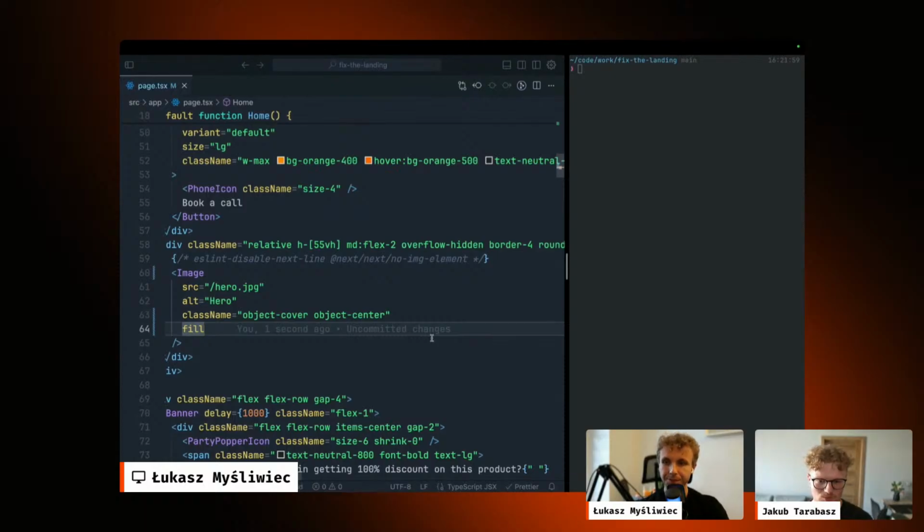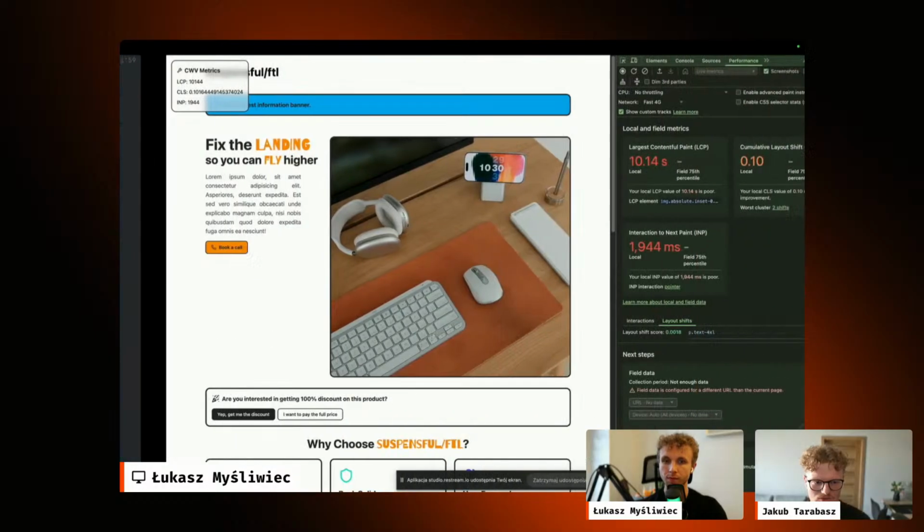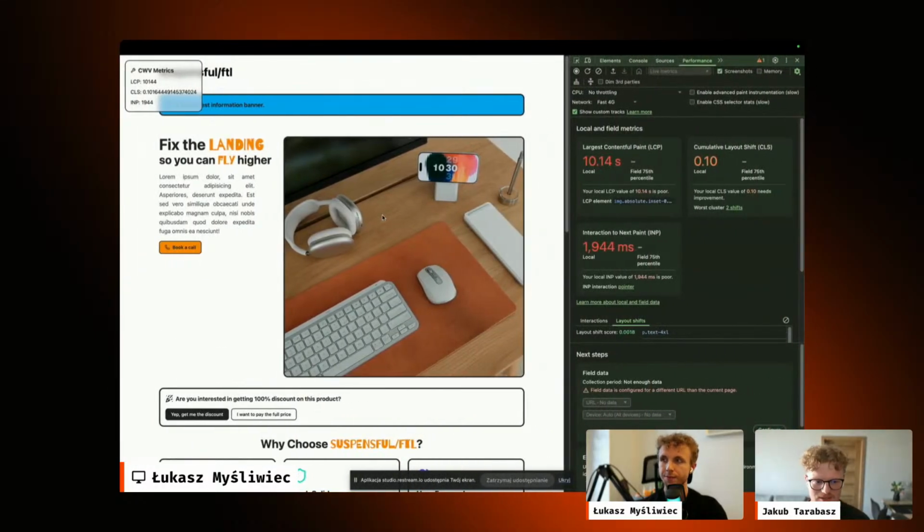Secondly, we said that the size of the image is a problem. So we should consider using sizes, like different sizes for different viewports. We can actually do it with the sizes prop. So we can jump back to code, I think. Maybe I will show how only the image component already fixes some things, the size of the image,